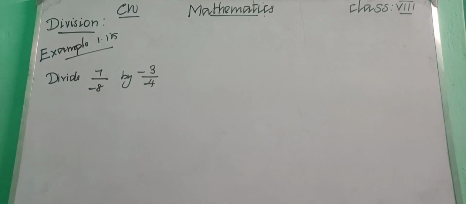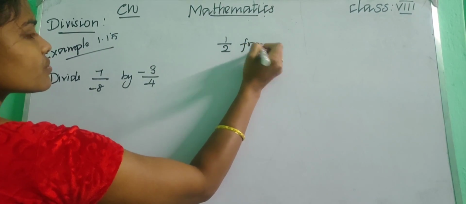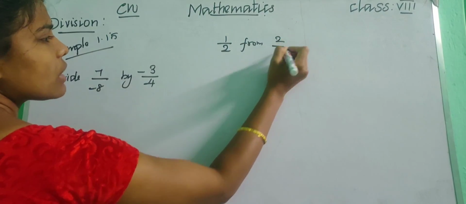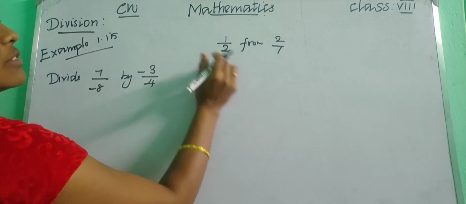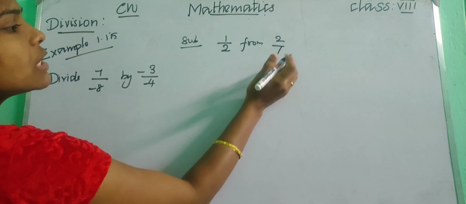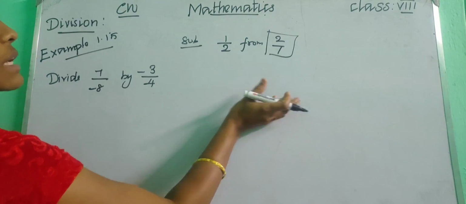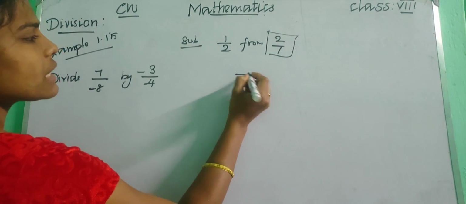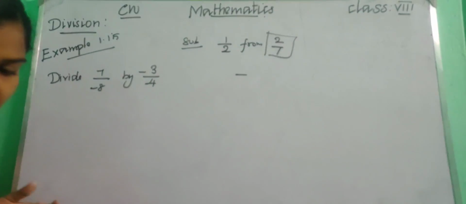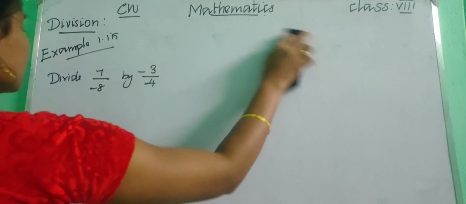So if there is the word from, so 1 upon 2 from 2 upon 1. What does it mean by from? We will use this from in subtraction. Okay, from means we will take this rational number as the first term and put the minus symbol, and this is the next one. Okay, likewise we will do. Okay, let us continue with this revision.